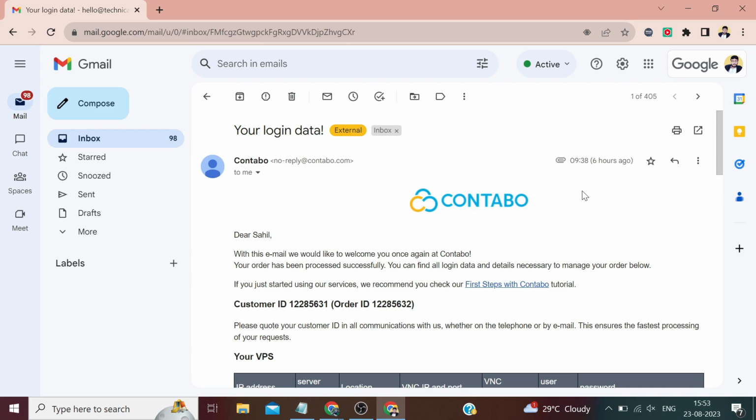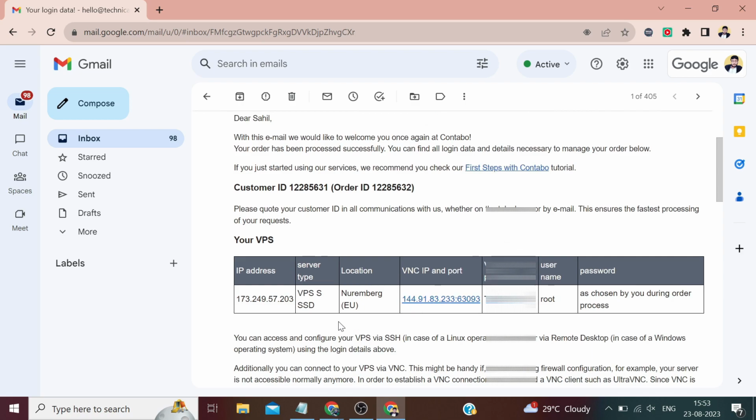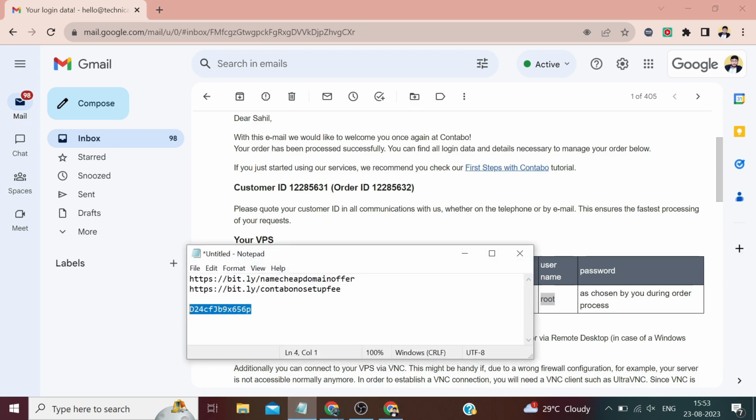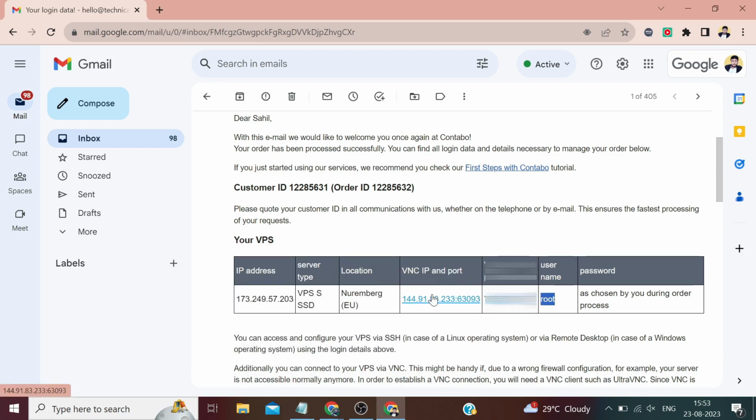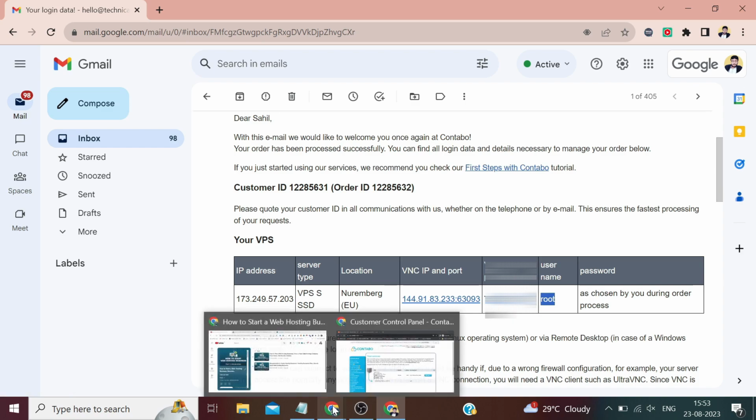And here are the details that Contabo has sent me. We don't need the VNC details for now in this course even. We just need our IP, username, which is root by default while taking any server from Contabo, and the password that we set during the configuration. With these three, we can log in to our server, but